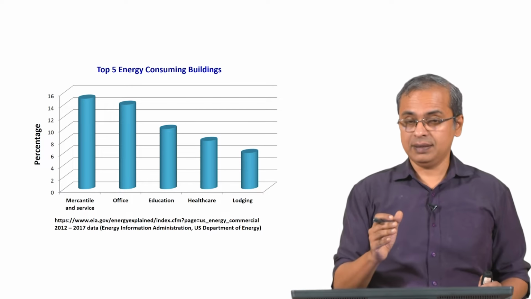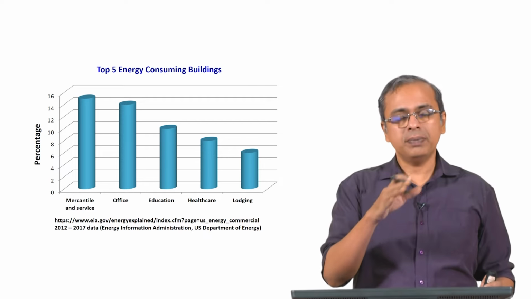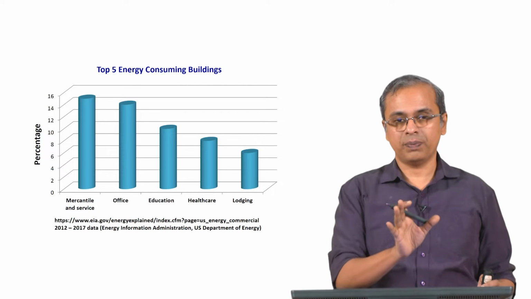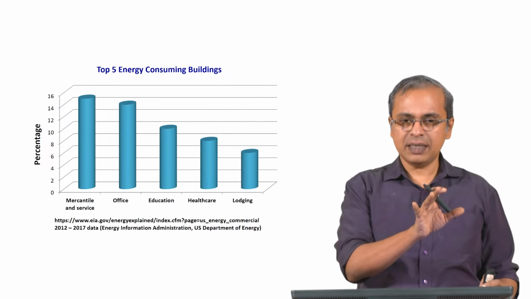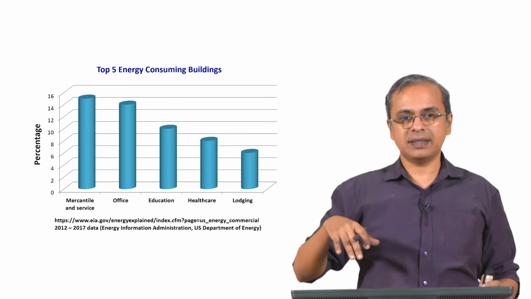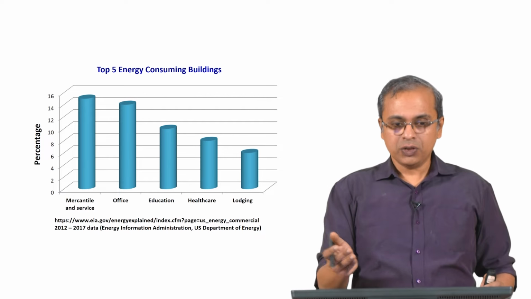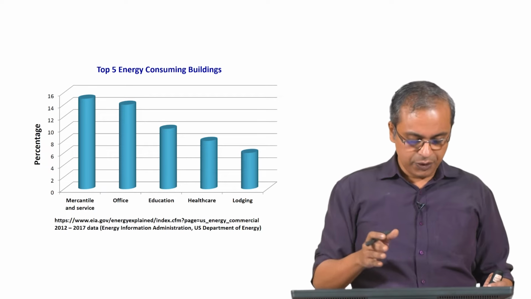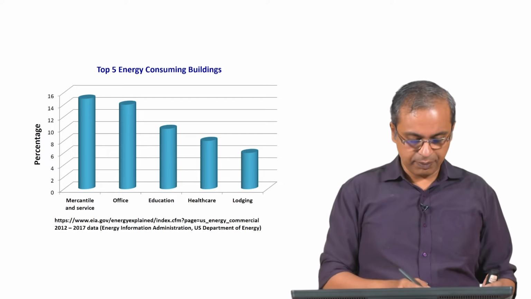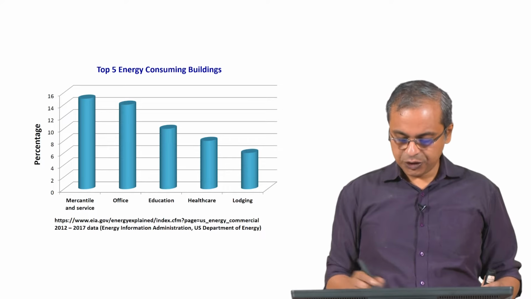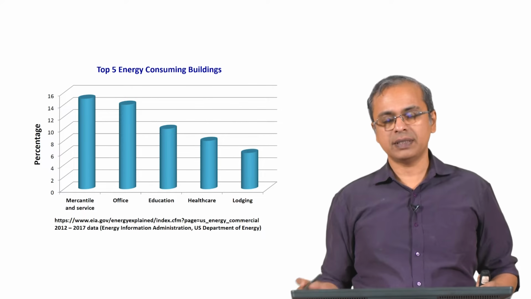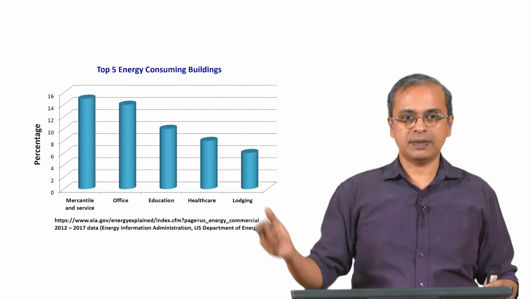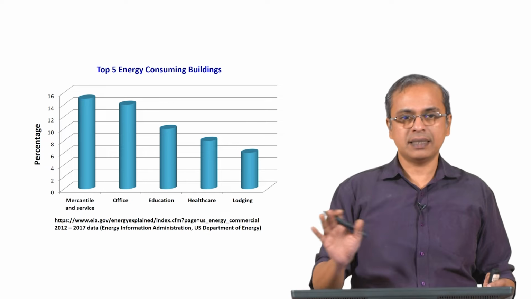For example, buildings consume energy, and all buildings are serving us in some way. Other than our house, which we will treat as a residential place where we are using the energy, the other buildings are all other services that we are accessing where the energy is being consumed. You can think of all sorts of buildings here. This is based on some kind of broad classification. Some buildings listed here are mercantile and service, office, education, healthcare, and lodging. These are some broad services that many of us use when we go to a city, or even in our hometown, and these are the kinds of services we access.